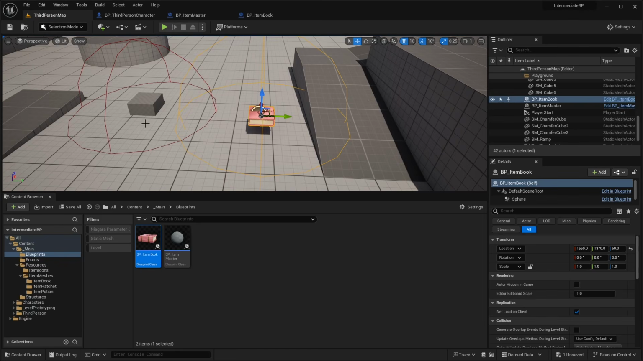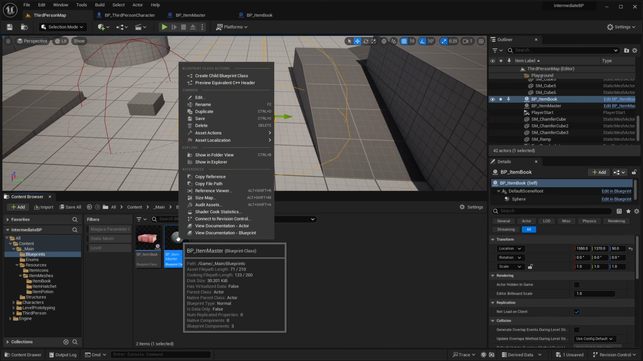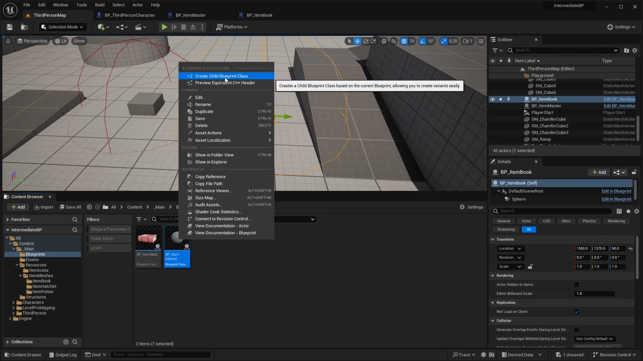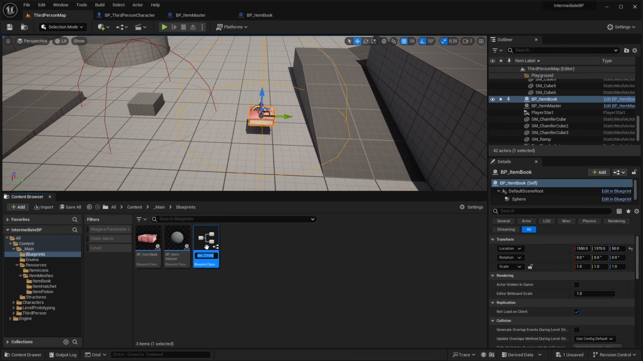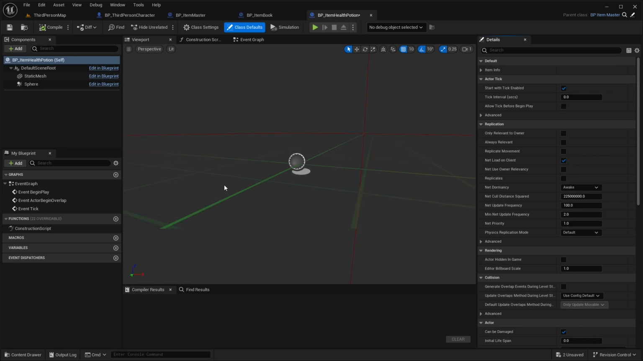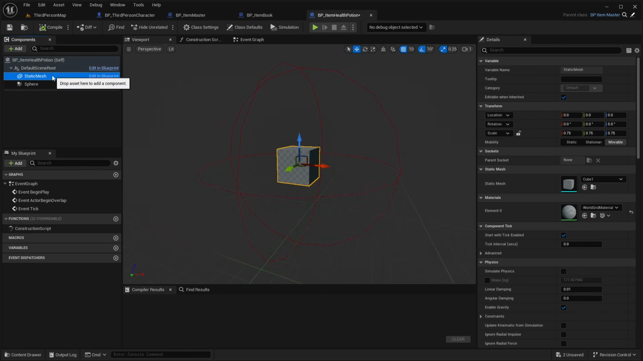So now let's go back to our content browser, and we want to create 2 more child classes of our item master. So we can right click this and create another child blueprint class, and this one will be called BP_item health potion. So double click, open that up, and in here we're going to select this static mesh and